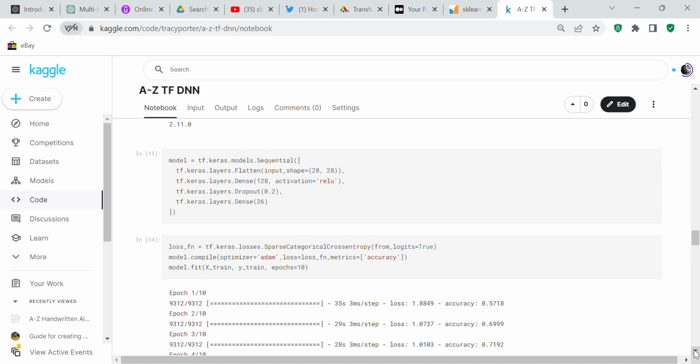So now that we talked about TensorFlow, we got our DNN. It's not a CNN, it's a DNN. So model equals tf.keras.models.Sequential, tf.keras.layers.Flatten, input shape is 28 by 28, so we flattened it. tf.keras.layers.Dense is 128, and activation is ReLU. tf.keras.layers.Dropout is 0.2, and tf.keras.layers.Dense is 26 because there's 26 outputs. So I imagine I could do more to improve my score, but since I'm still learning, I'm not sure exactly